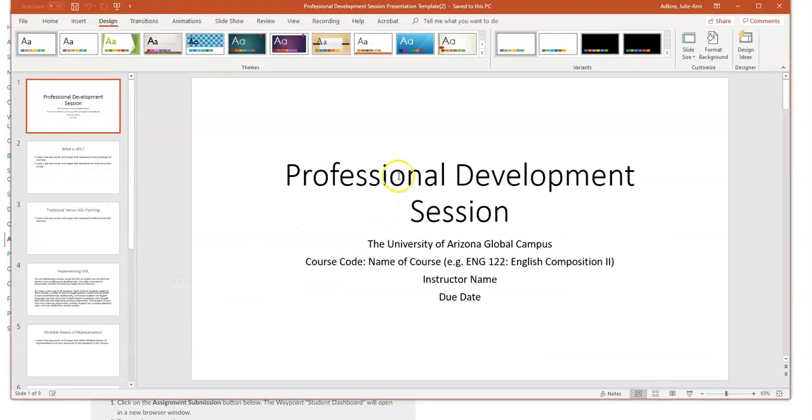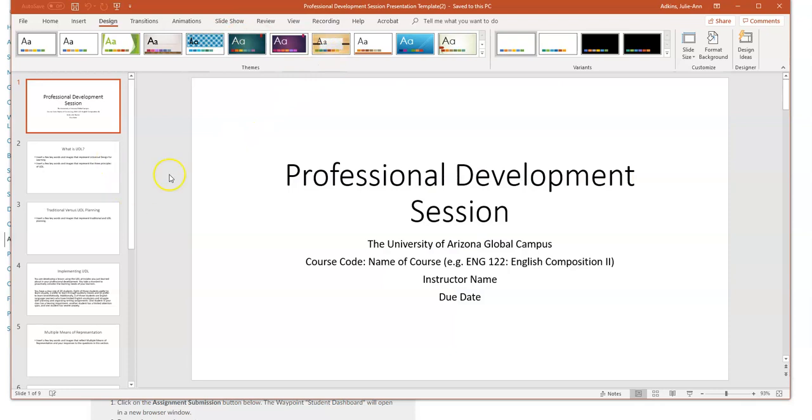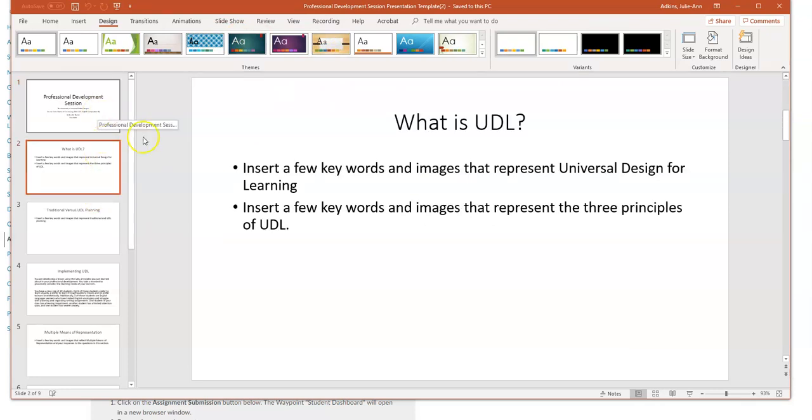And so here is the professional development session template, the presentation template. This is bare bones, meaning there was no design elements provided. That is where you're going to come in and be a little creative in using different designs, different themes. So you might want to use something like this, but you get to choose that. And so as you're creating each of your slides, make sure that you're using a theme to make it more attractive and appealing for your audience, and then make sure that you also include some images.